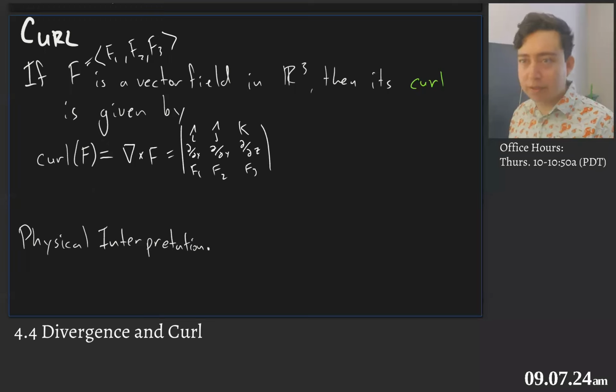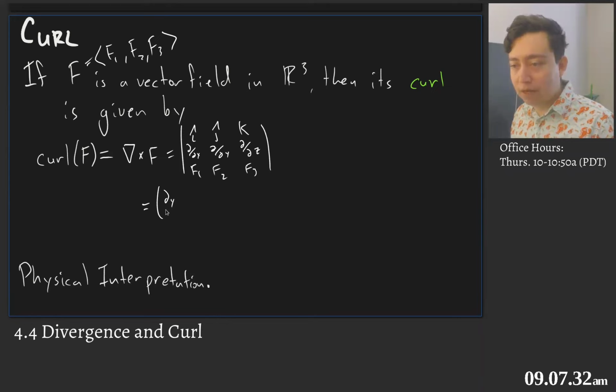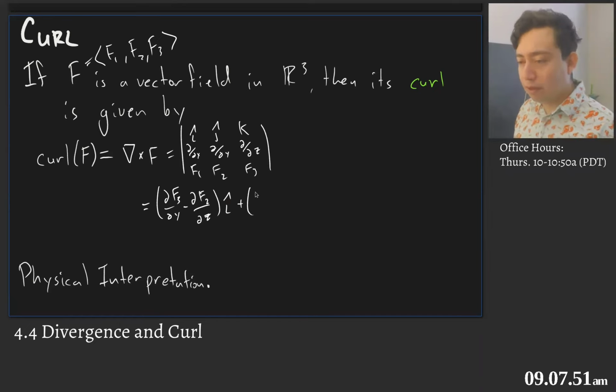And so when we actually compute this, you get the derivative of f3 with respect to y minus the derivative of f2 with respect to z. That's the ith coordinate. The derivative of f,